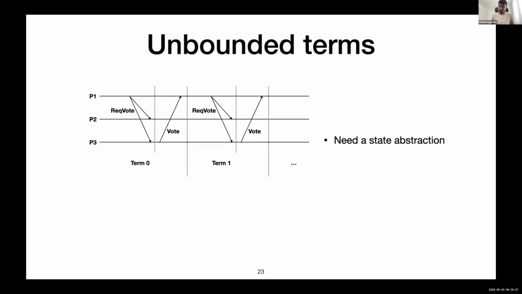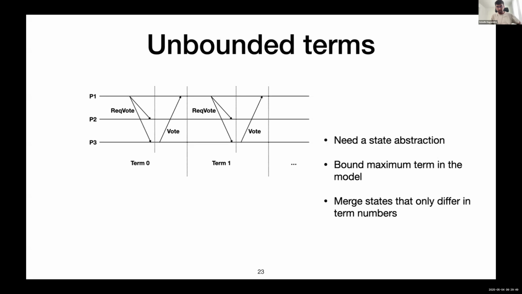So we needed to come up with an abstraction over the states that tells us what is interesting. This is different from the mapper. Inside the TLA plus model, you need to be able to capture which are the states that are interesting for us and use that as coverage for guiding the new input generation. So what we did is we bounded the maximum number of terms that are possible in a given trace. This is meaningful in the sense that if you discover a bug, it should be possible to discover it within a certain term limit. Now you can increase this term limit arbitrarily, but we thought this was a meaningful abstraction.